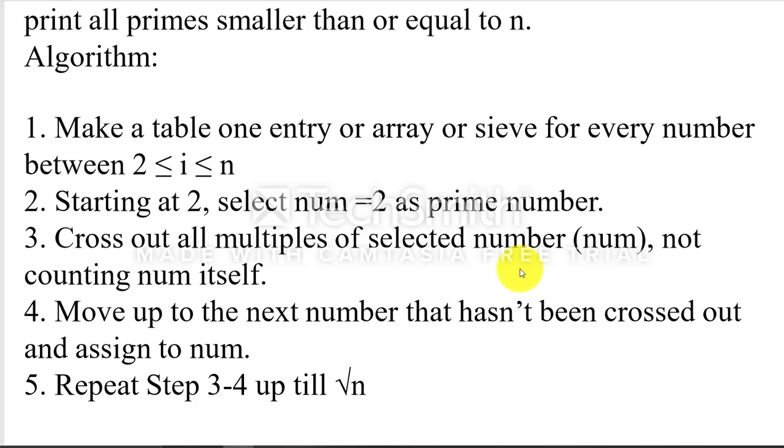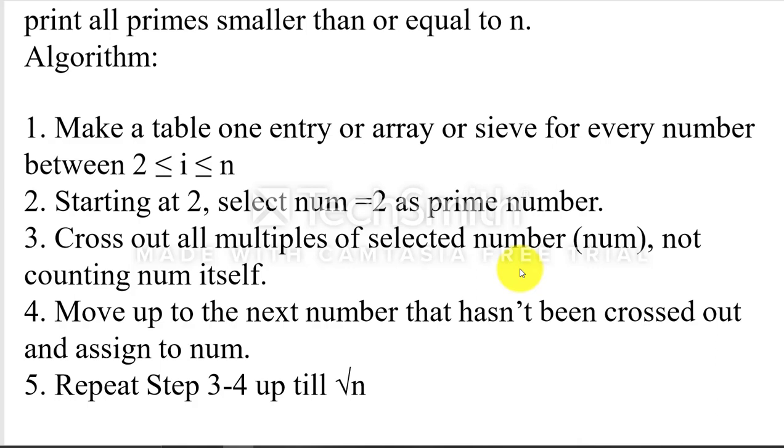The meaning of this purpose is, definitely number 4 has a factor 2, number 6 has a factor 3, number 9 has a factor 3. So definitely these numbers are divisible by 3. So filter out all the numbers which are divisible by the previous prime numbers. The previous prime number is 2, and all the multiples of 2 are filtered out because 2 is a factor of these numbers. Similarly, multiples of 3 are filtered out. It means it has a factor of 3.